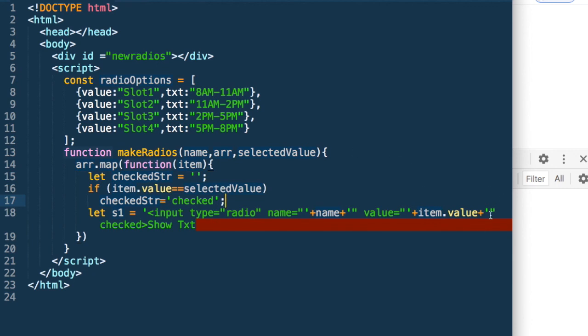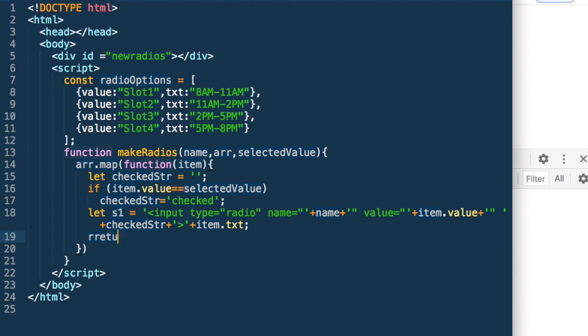So now we can add the plus checked str plus, and we need to show the show text. What is the text? It is item dot text, and we can return the s1.